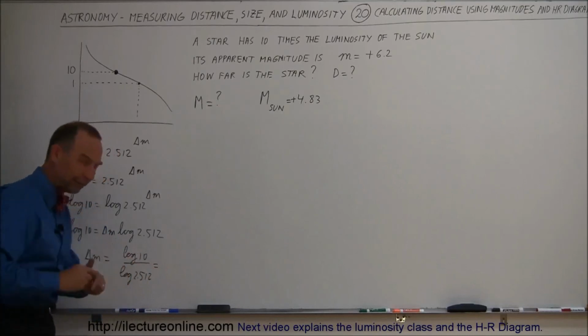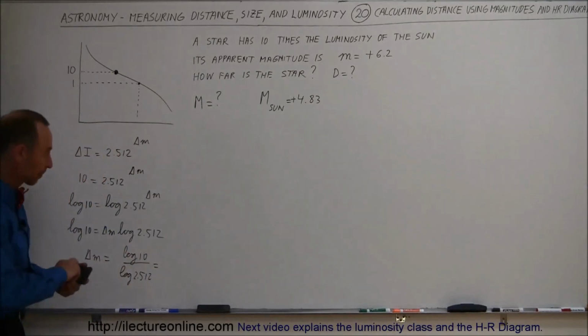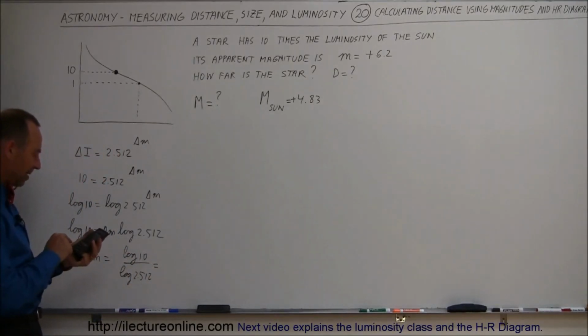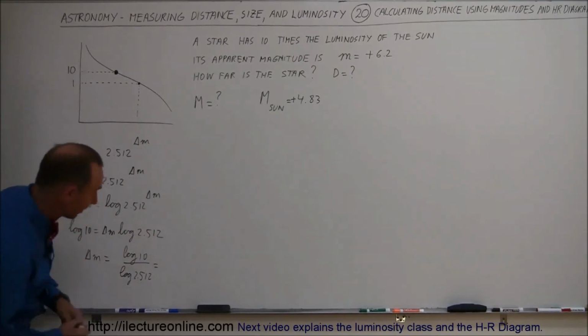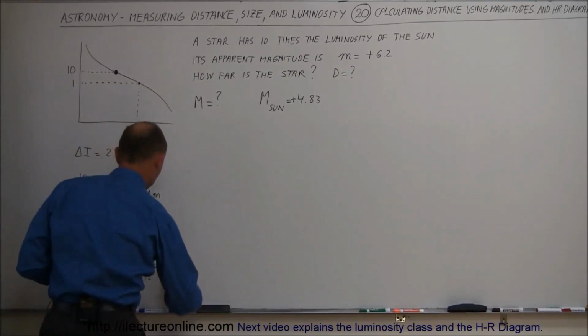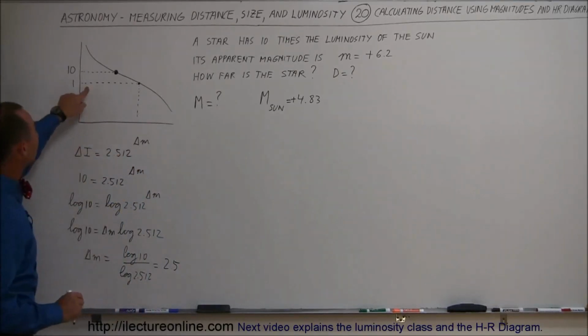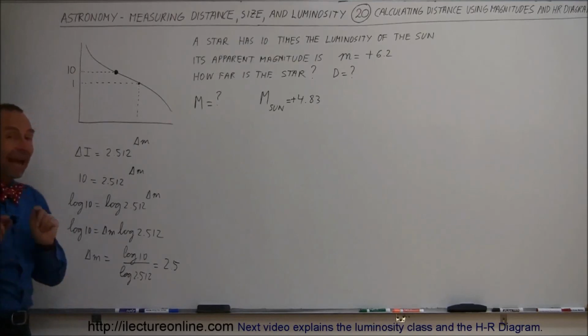Now we get a calculator out. Okay, so we have 10, take the log of that. Of course, that should be 1. It's 1 divided by 2.512. Take the log of that, and that would be 2.5. All right, so that means the difference in the magnitudes between the sun and that star, and that's the absolute